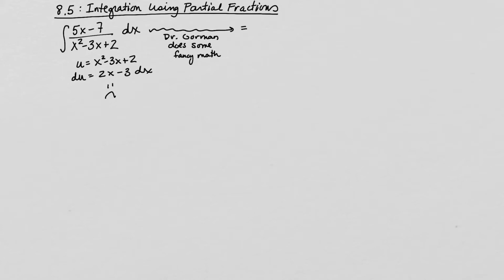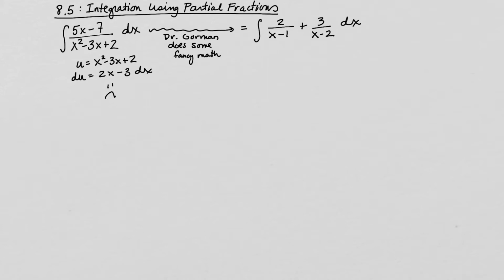If I could do some kind of fancy math and turn that fraction on the left into the integral of 2 over x minus 1 plus 3 over x minus 2,